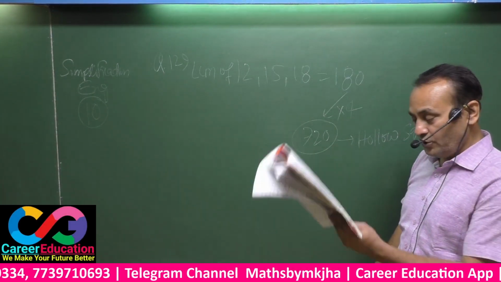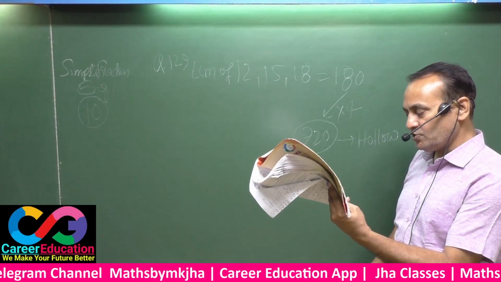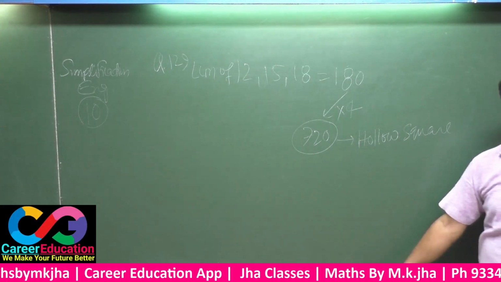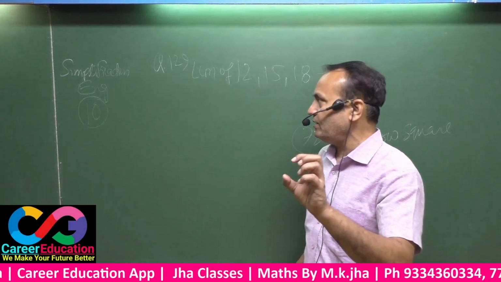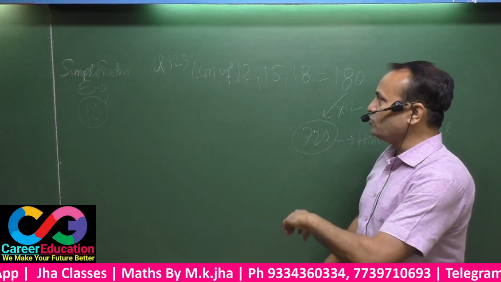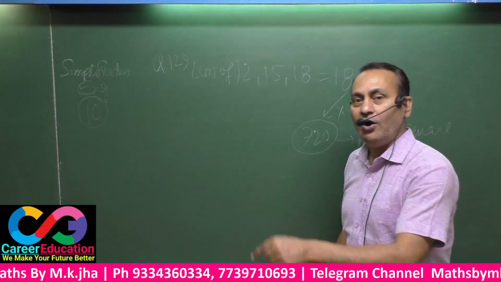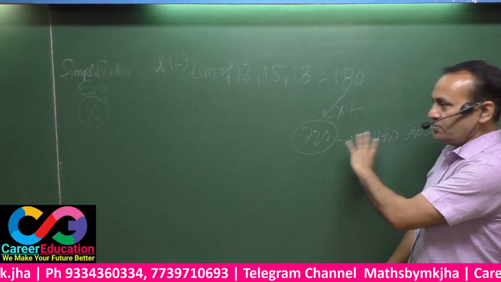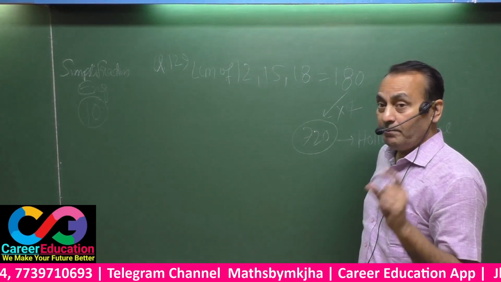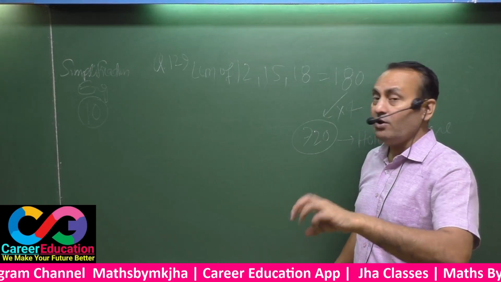But the question has told you later that the same numbers can be arranged in a solid square as well. Then what will be the least number of people? We have to find the least number of persons so that they can be arranged in a solid square as well as in a hollow square having depth either 12 or 15 or 18. This 720 is an answer for only the hollow square. You have to search for the number of persons to make them arranged in a solid square.